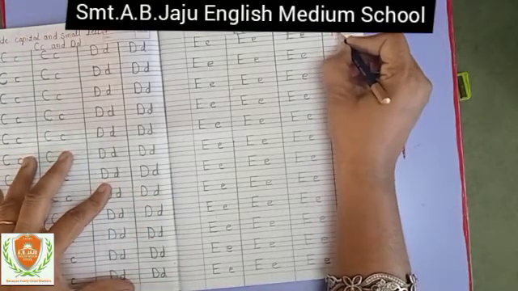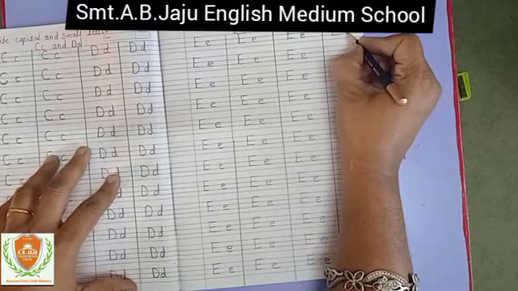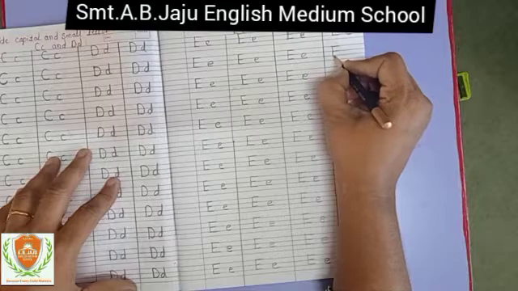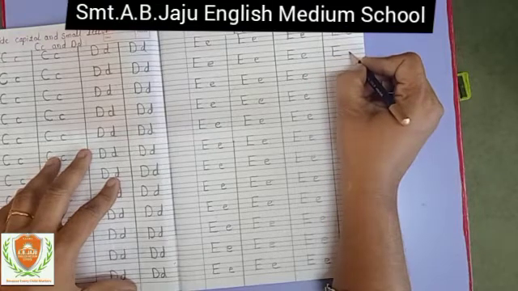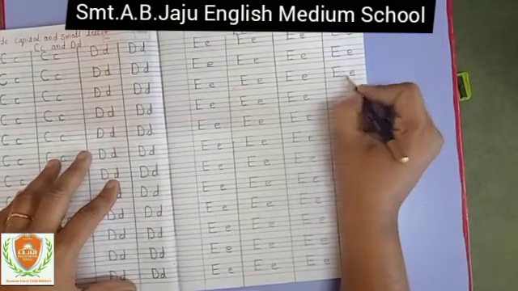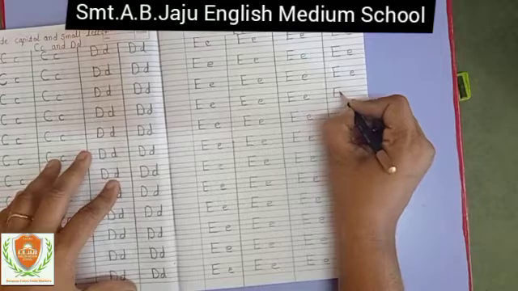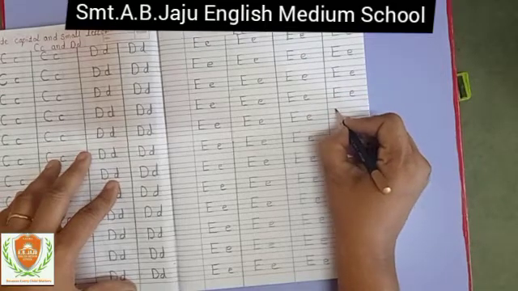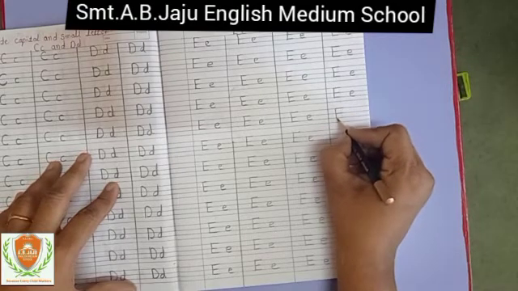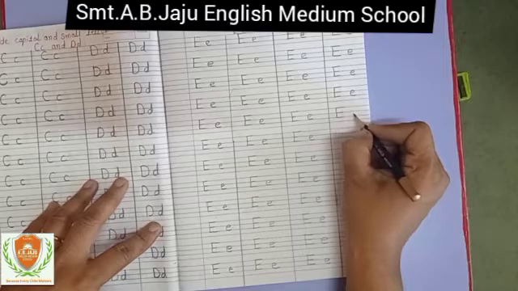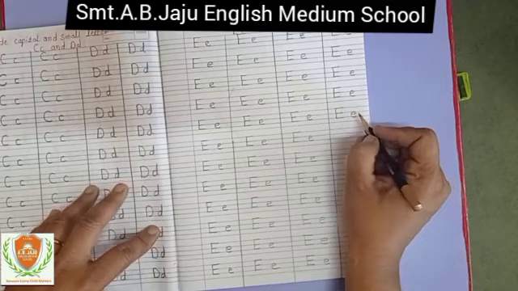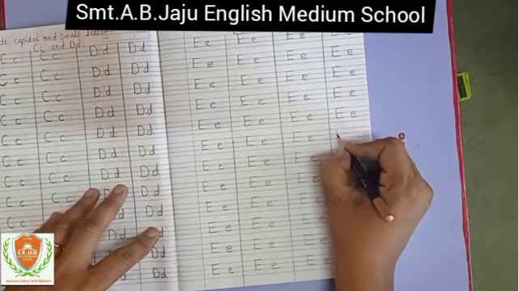Standing line, slipping line, capital E, small e, capital E, small e. How will you write capital E, student? First we have to start from top to bottom. This is the standing line. On the pink line, sleeping line. On the blue line, sleeping line. Again one more blue line. This is sleeping line. So this is capital E. Now small e, circle, turn, make a curve left side in between two blue lines. So this is small e.